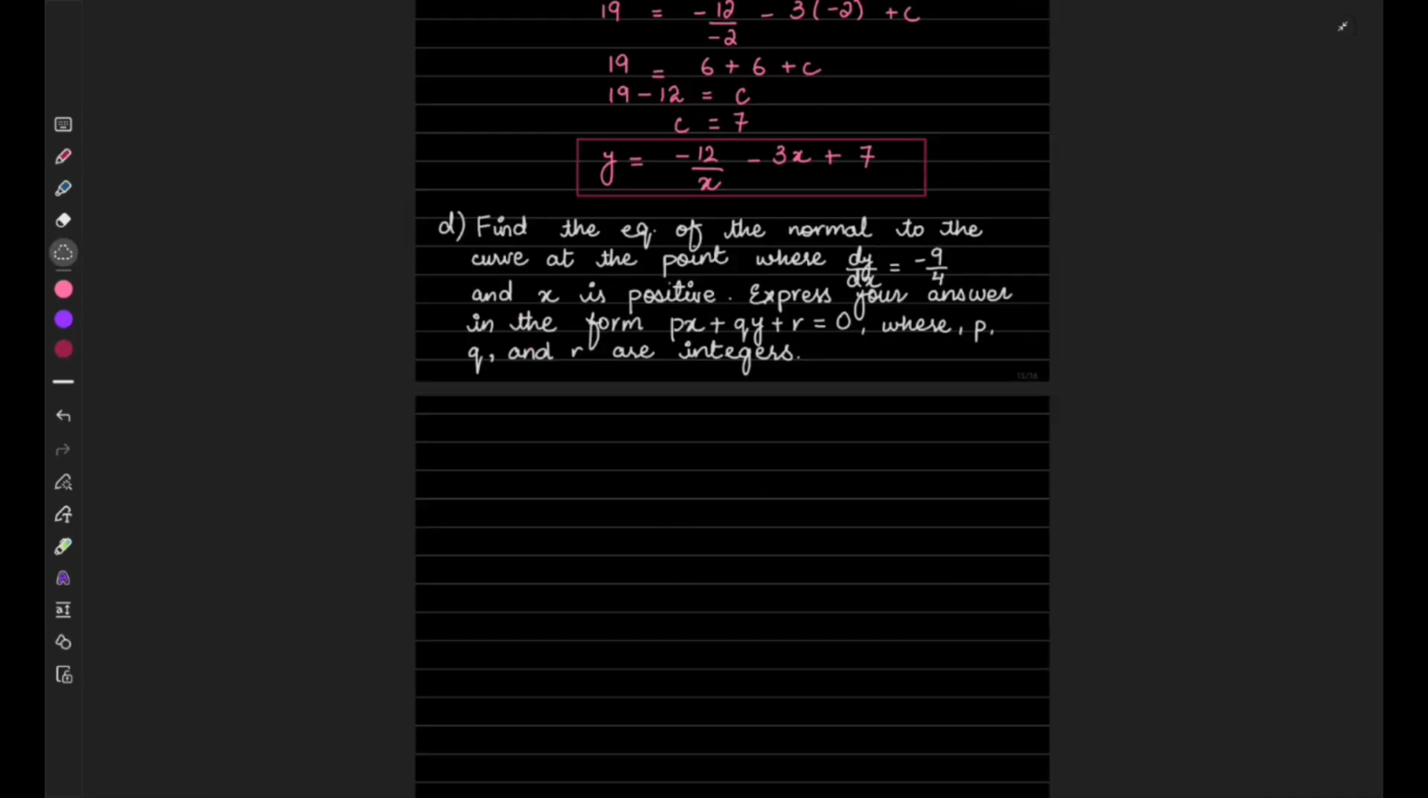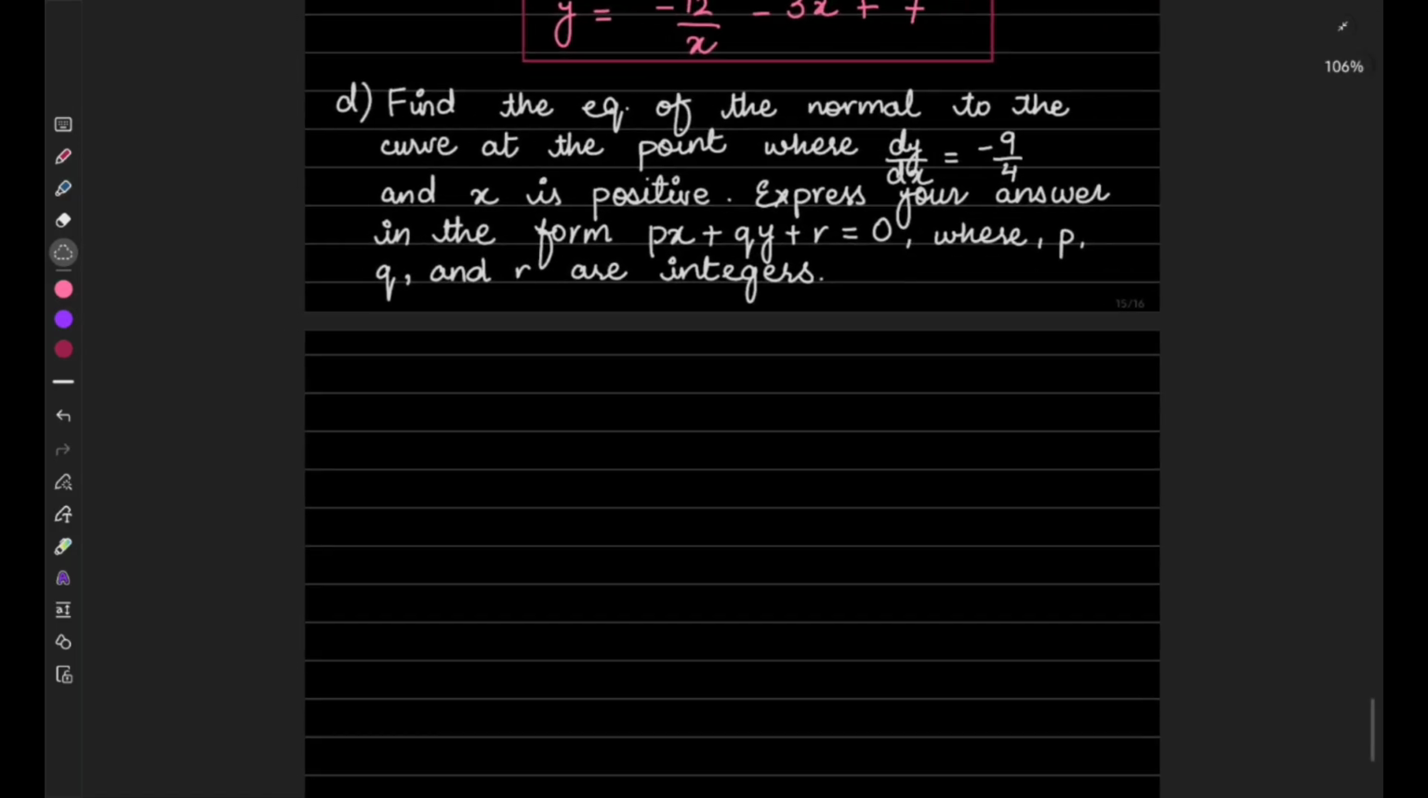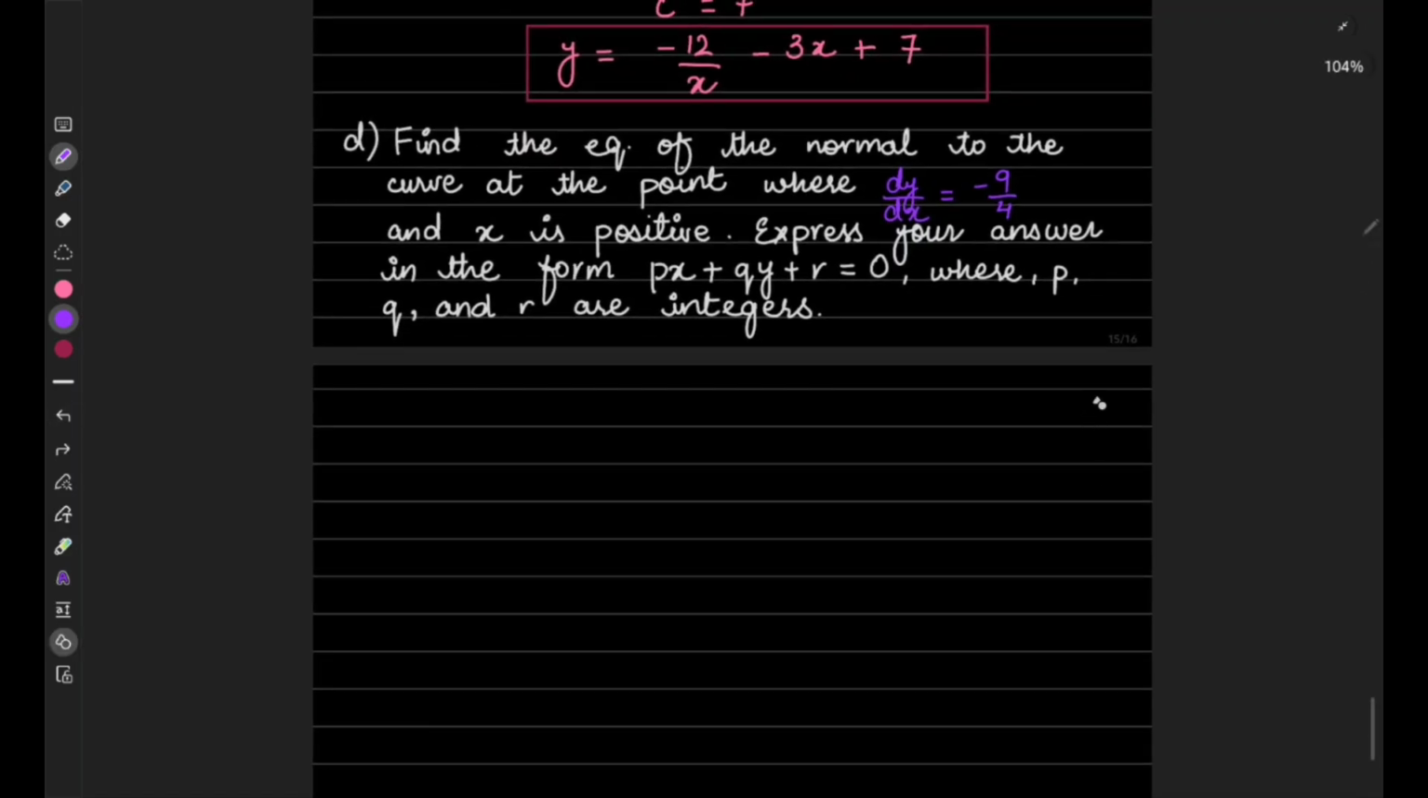Now part D says find the equation of the normal to the curve at the point where dy by dx equals minus 9 over 4 and x is positive. Okay, so your derivative now is equal to minus 9 over 4. Means at your curve, whatever your curve is like, most probably it's a cubic curve or whatever the curve is, at one point,